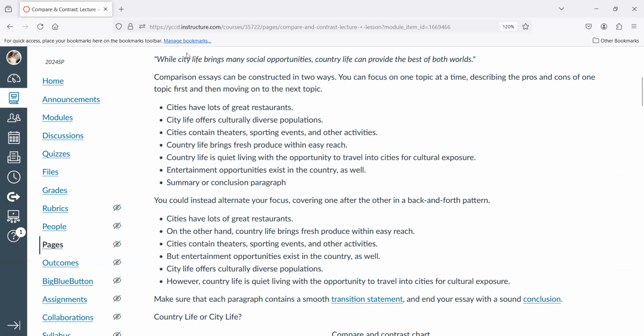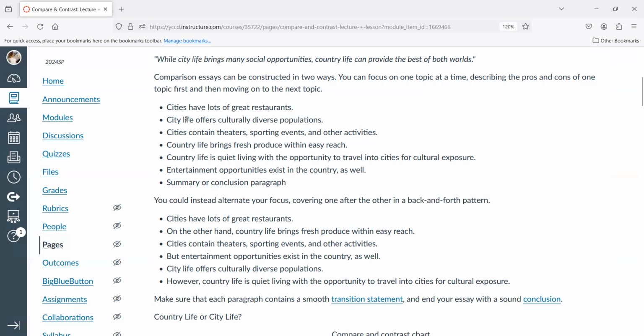So notice how we have two subjects. They are both life and life, right? A way of a lifestyle. Those are our two things that are being compared and contrasted. And this is an argument thesis statement, right? Your thesis statement will have an argument, which is you have two different things, sometimes three, four, whatever. And you're ultimately arguing that one is better than the other in some shape or form, right? So in this case,